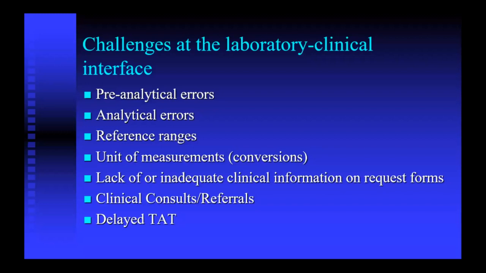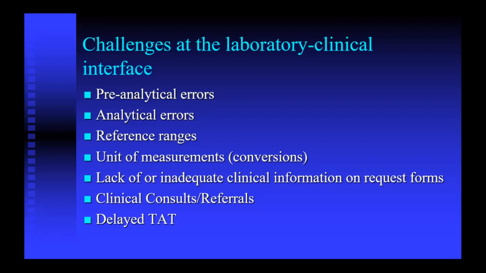Then there are reference range issues. Some clinicians might not be familiar with the SI units used for some analytes, and that changes the reference range. Some enzymes are temperature specific, so different methods for the same enzyme have different reference ranges depending on the temperature used. For those kinds of issues, the chemical pathologists can support our clinicians to properly guide them, interpret results and put in appropriate comments.